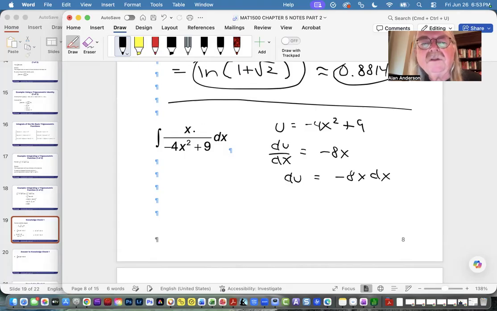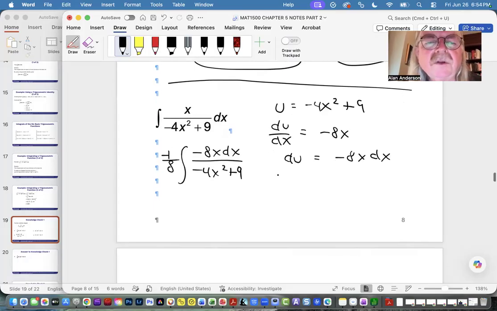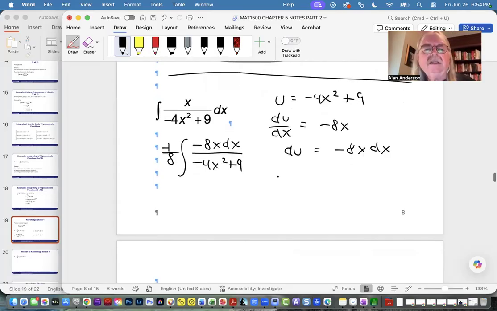All right. Well, we do have the x. We don't have the -8. So let's do this. Okay. So I multiplied and divided by -8. And now I have